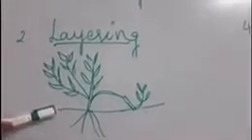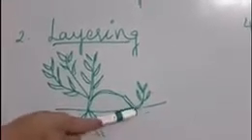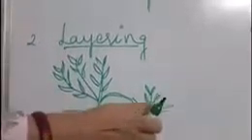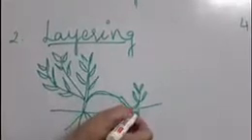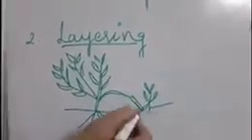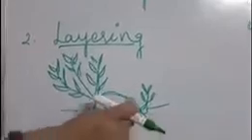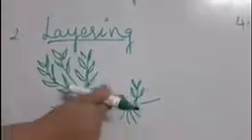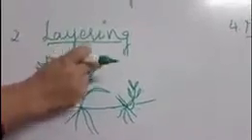Next we will discuss about layering. It is a method in which a lower branch of a plant is pulled towards the ground. A part of it is covered with moist soil and the leaf tip, this tip portion, is exposed. Only this portion is covered with the moist soil. We find that after a few days roots start developing in this node region. So now the branch will be cut off and it can grow as an individual plant. This kind of vegetative propagation is known as layering. It is commonly found in plants like jasmine.